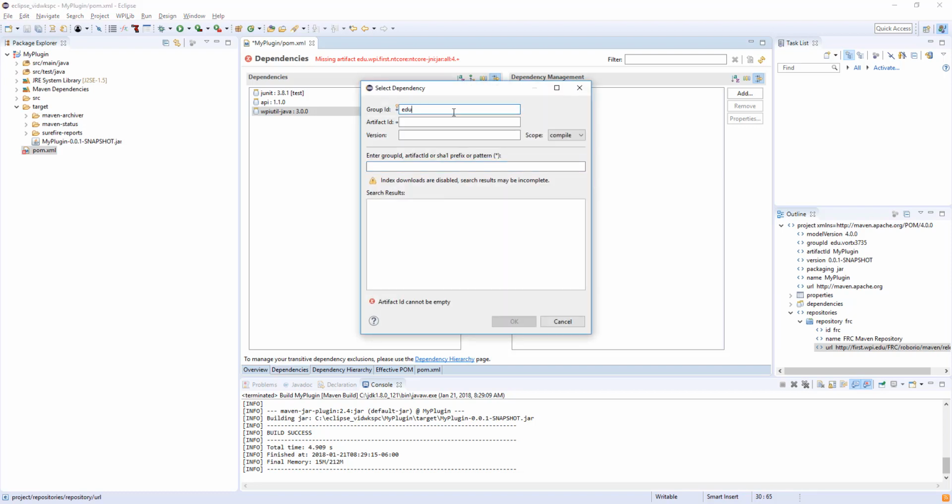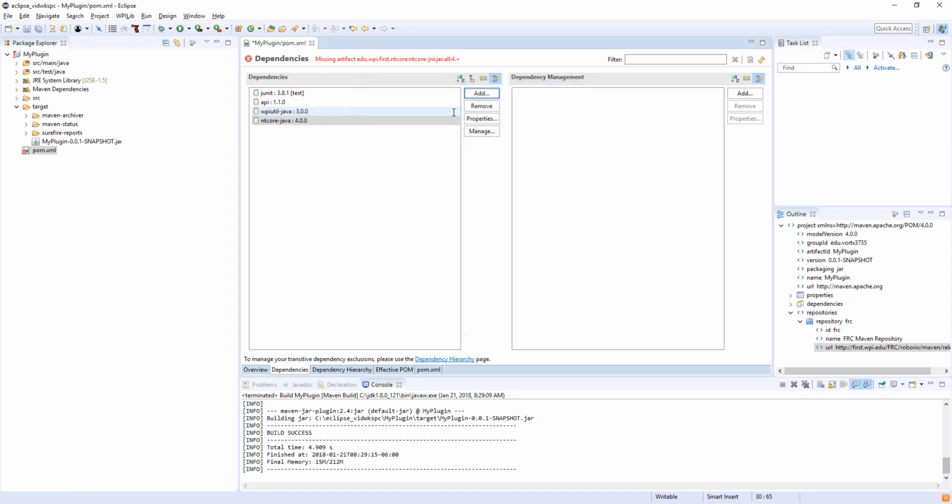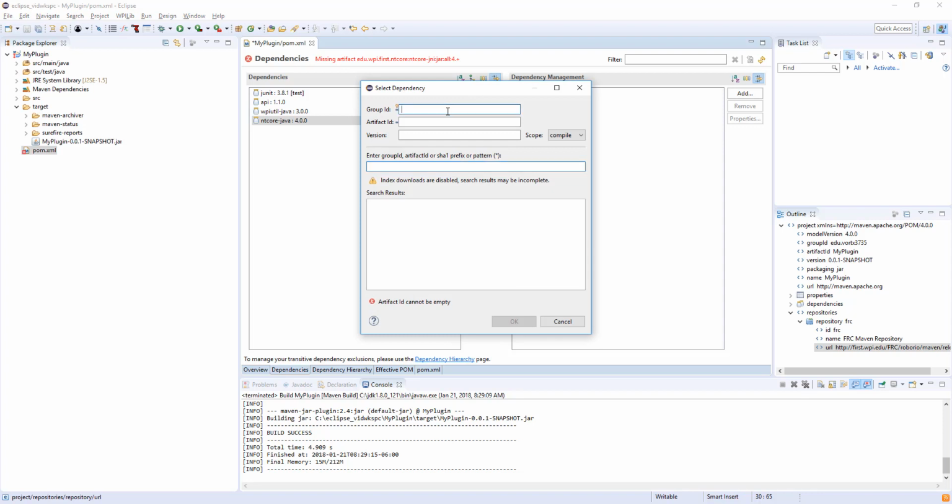So edu.wpi.first.nt-core, the artifact nt-core-java version 4.0.0, and then the nt-core JNI, edu.wpi.first.nt-core, the artifact ID is nt-core-jni version 4.0.0,